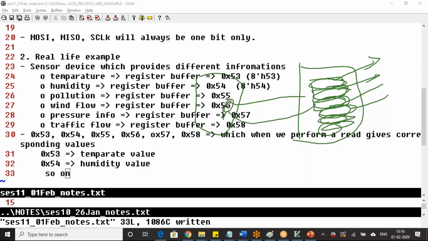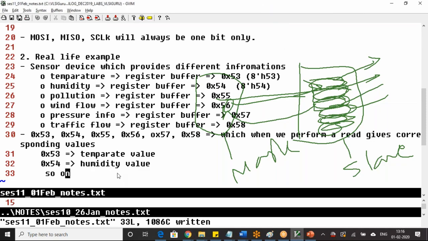Essentially, this information has to be passed to here. But the problem is, this is a slave and this is a master. So a request always has to be initiated by the master only. Slave cannot send the data, because it is a slave, it cannot initiate that request. So now we have to decide what protocol should be used to read these registers.